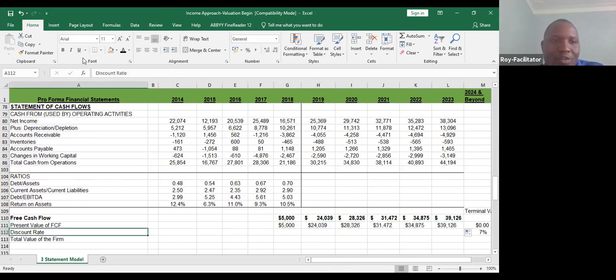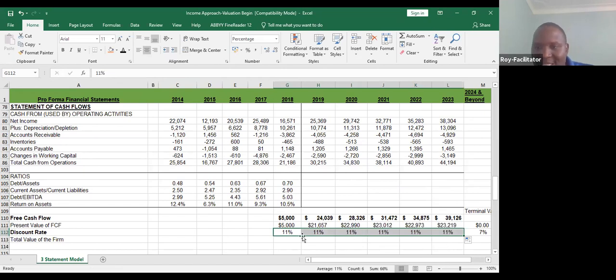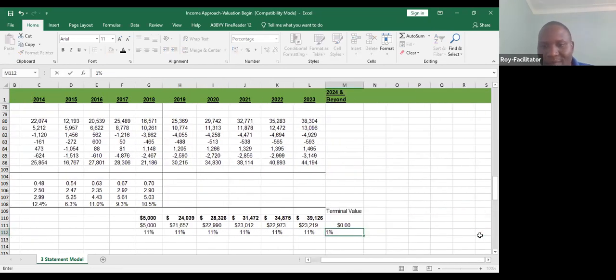Why? The reason is I've not put the discount rate. Okay, I didn't put the rate, but now I'm going to assume that my rate is, okay, in US dollars, if somebody gives you money in US dollars, our current rate is about 11%. So I'm going to say the discount rate is 11%. So I'll put 11% and just extend this through and through. So since I've put it's 11%, as you can see,